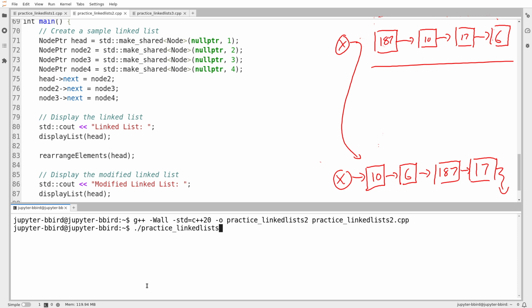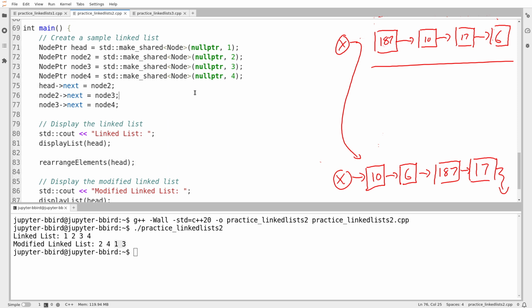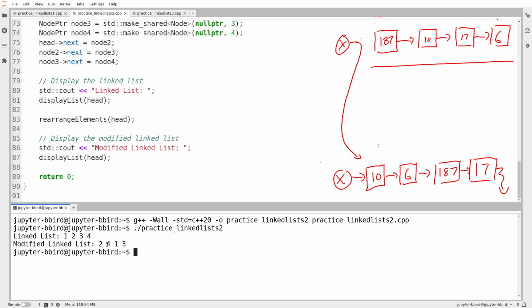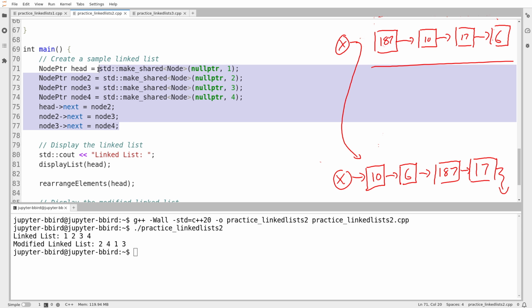Okay, that's still compiled, and now I run it, and it does look as if there are the even elements and there are the odd elements. I'm going to take this as an assurance that my insert at end function worked. Now I'm thinking about how best to continue testing this. So now that I have an insert at end function, maybe I should delete all of ChatGPT's built-in test cases and